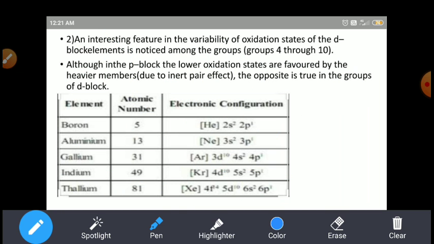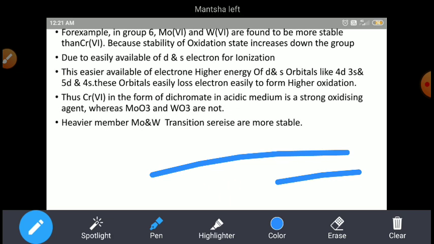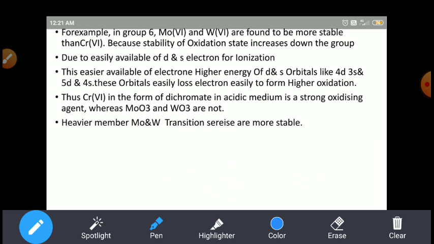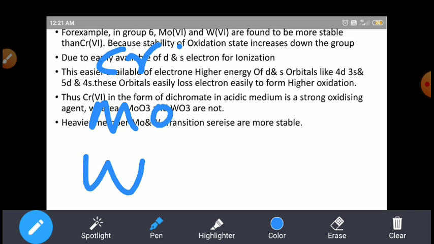Okay. But in the D block elements, the case is opposite. The inert pair effect does not show at the bottom of the group. Take group 6: chromium, molybdenum, tungsten, with the +4 state. Chromium exhibits the +4 oxidation state, molybdenum also exhibits +4, and tungsten also exhibits the +4 state.